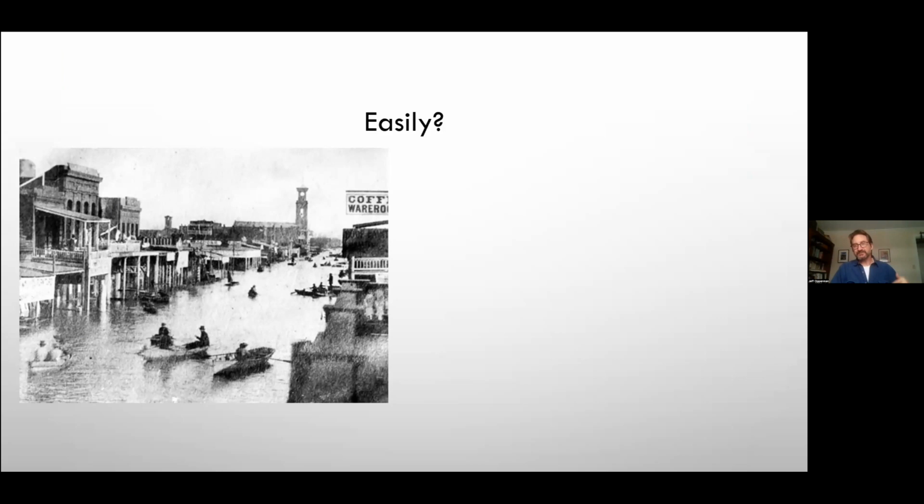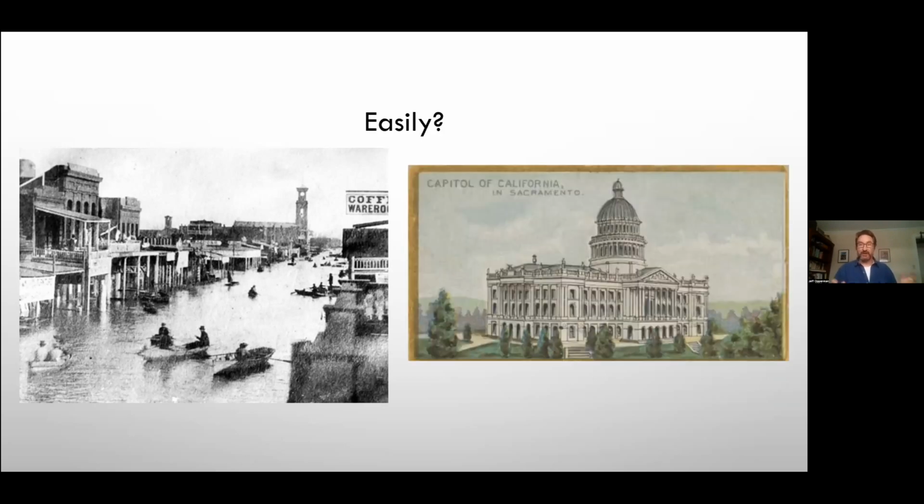Not really. Over the next several decades, multiple floods flooded the capital city over and over. And essentially, the opponent, the flood, was at the gates, was at the walls of the capital city. They had to come up with something else. They tried for about 40 years to take the floods on head on. They kept building levees, they built them higher. They had fascinating levee wars where one side of the river would build them higher than the other. They even had one side trying to dynamite the other side to try to relieve pressure on their levees. It was a crazy time in California history, but eventually the engineers came up with this solution.